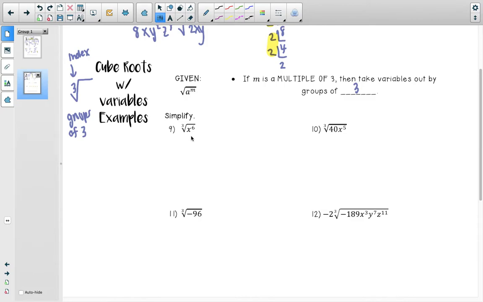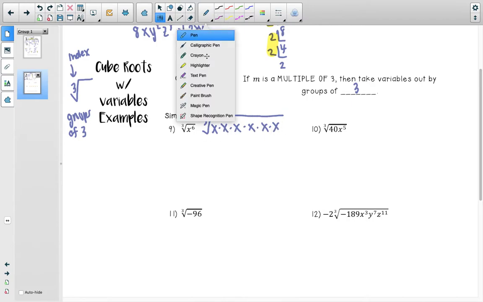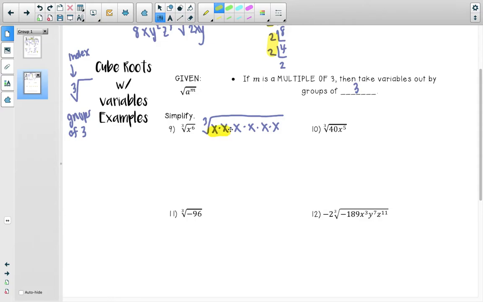Just to show you, if I multiplied this, so this is equivalently what we have over here, because 1, 2, 3, 4, 5, 6. If you notice there's a set of 3 x's here and 3 x's here. So those both would come out as x times x, because that's what they're grouped up as, which would equal x squared. Now ultimately you could just do the divided by 3, and x divided by 3 is 2, so